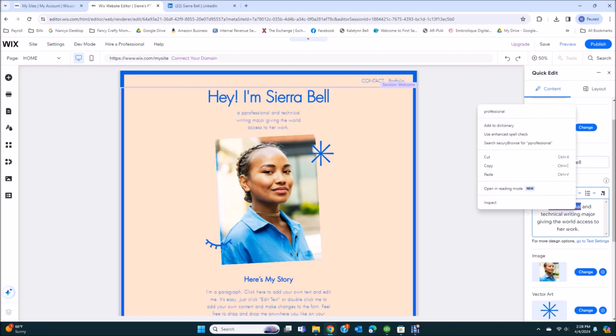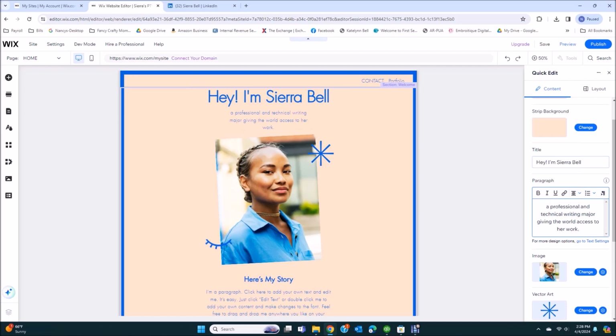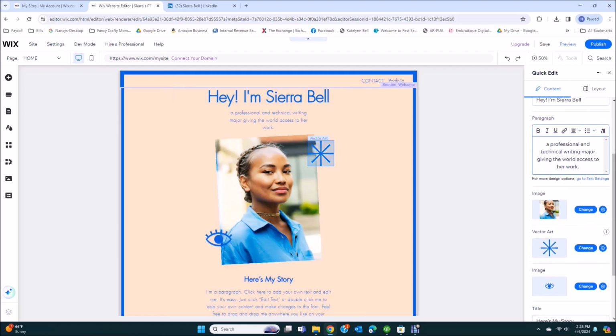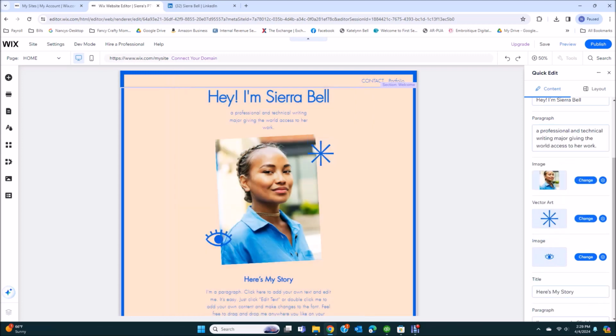Once we've got a new title and paragraph, we will keep scrolling down the toolbar to the images. This is where we are going to add the photo of ourselves. Select the Change button under Image. This will open a pop-up that allows us to upload the photo to Wix. In the pop-up, under the title